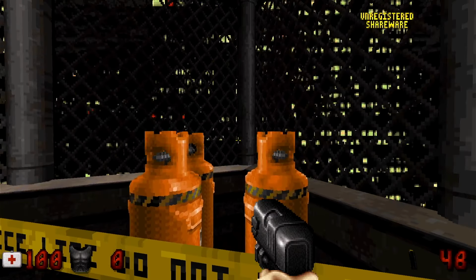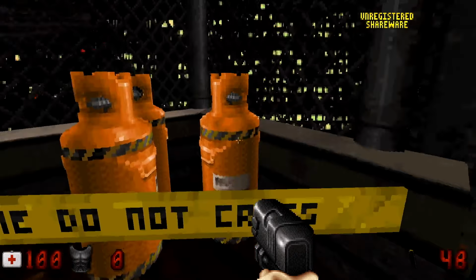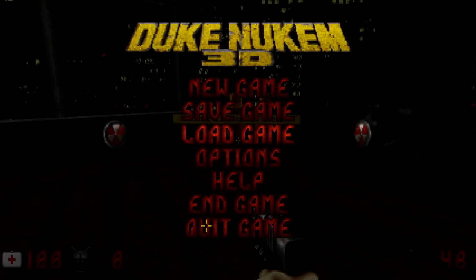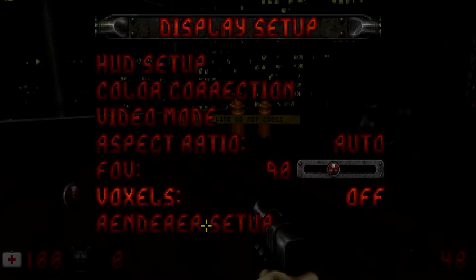If you look at these gas cylinders, they're really 3D objects. So if we go to the options and we disable the voxels,